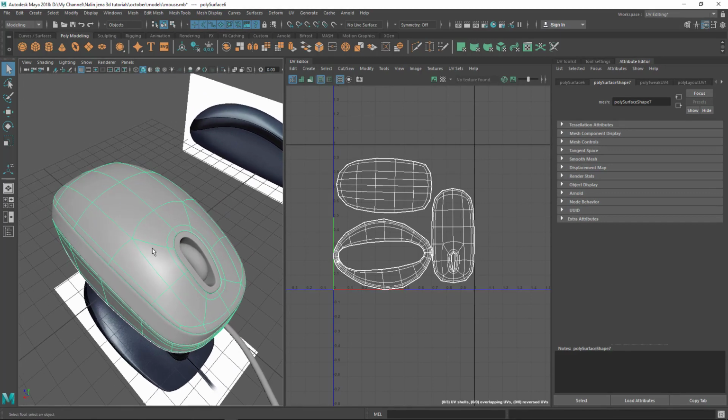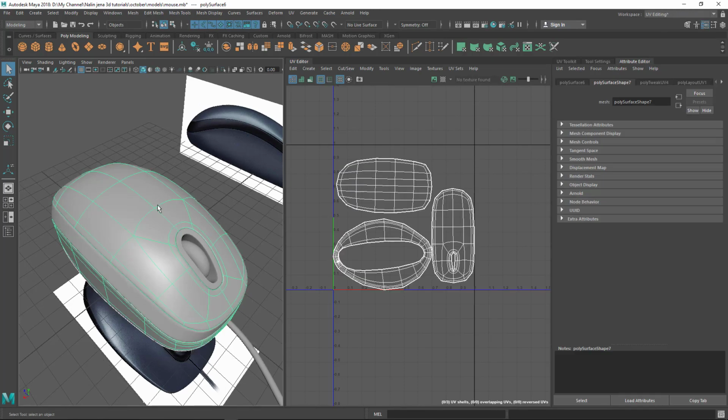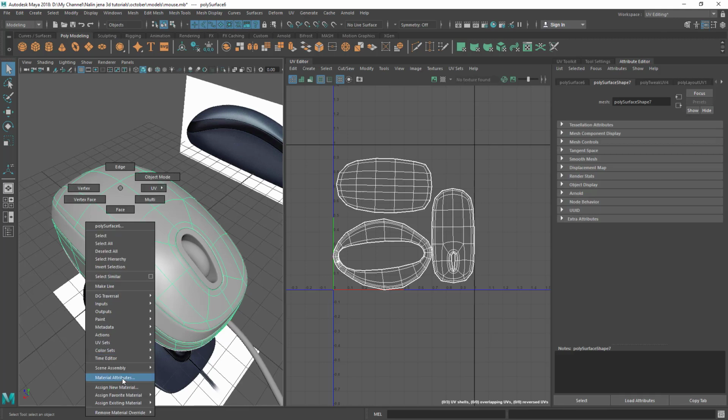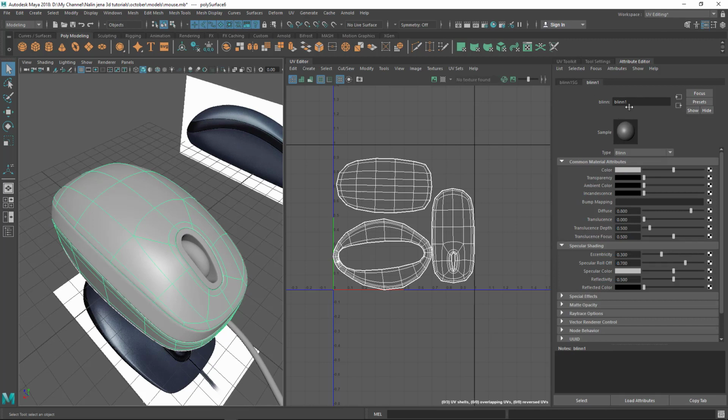And once you assign this material, you can go to the attribute editor by clicking here. Just click on this right side button, or you can right click here and go to the last blinn one, or you can directly select and go to the material attribute by right clicking and going to material attribute. Now you can see the blinn material. You can rename it here. Let's say body,